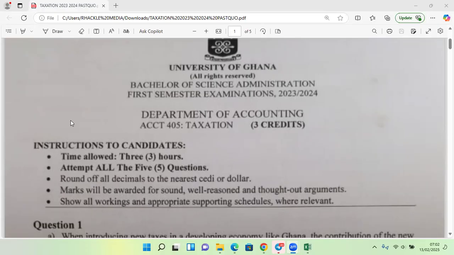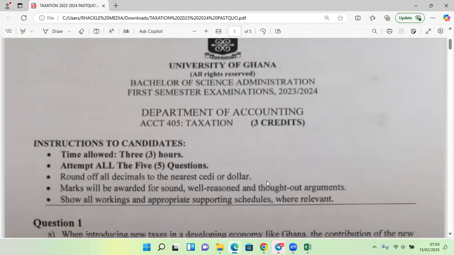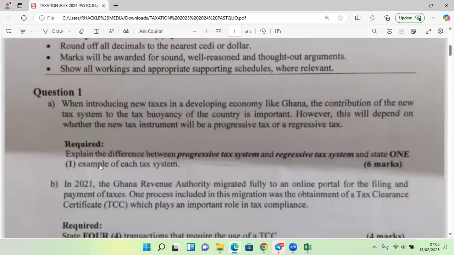So here they are saying you should attempt all questions, 3 hours, round off all decimals to the nearest CD, right? We should always make sure we read the instructions. We round off all decimals to the nearest CD, and also marks will be awarded for sound, well reasoned and thought out argument. And also, you should show all workings and appropriate supporting schedules where relevant. All right. So question 1 is saying that